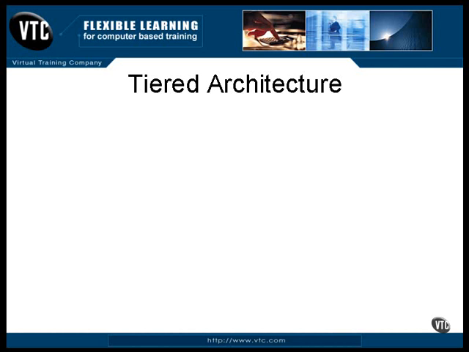J2EE is a set of tools for creating software systems in a tiered architecture. This isn't anything radical or difficult, it's just an approach to building software in such a way that it's more flexible and it's easier to maintain. It allows you to put software together in ways that you can change or completely replace part of it without